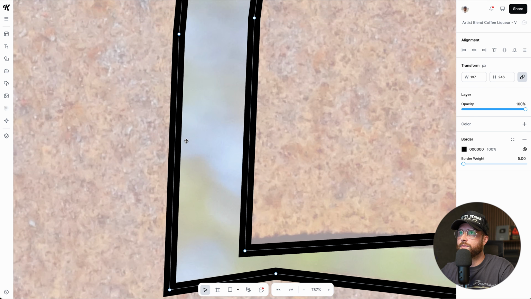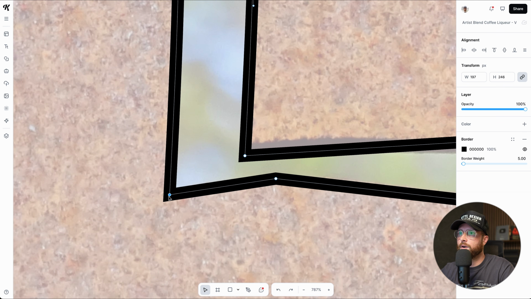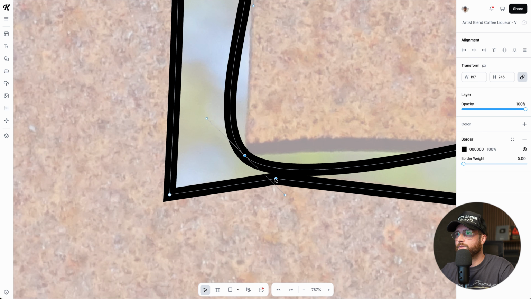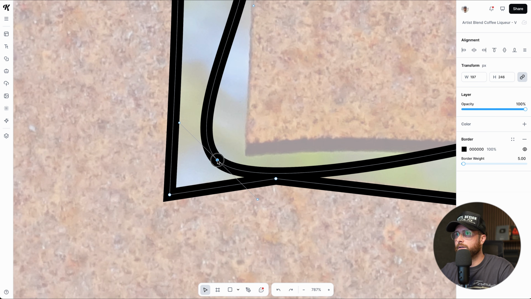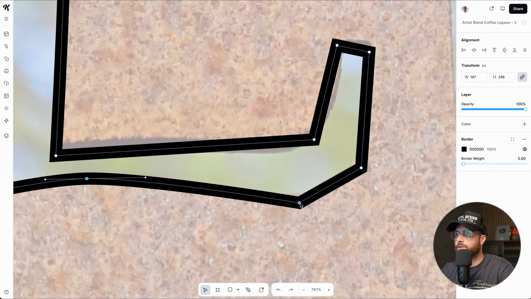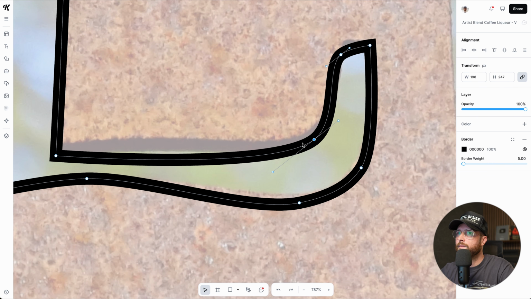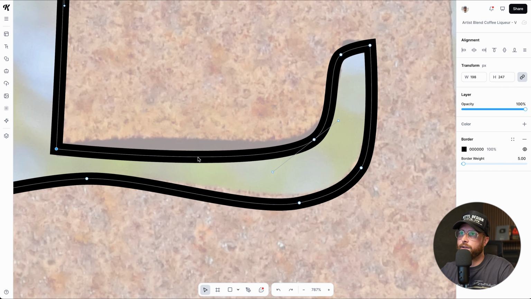And so now what I can do is double click on all of these points so that they're not so sharp. Double click on this one. Actually, I might leave that one the same. Double click on this one, or let's see, I may leave that one the same. Double click on this one. Double click on this one, double click on this one, probably leave this one the same, double click on this one, same here, and maybe I'll add one here, and if I want to add a point I can double click, and now I can